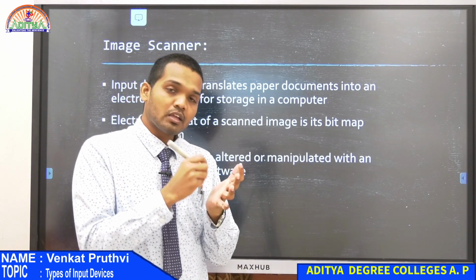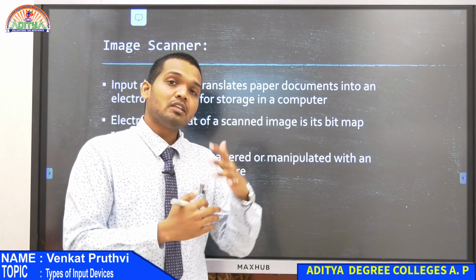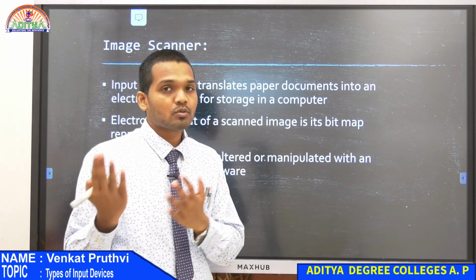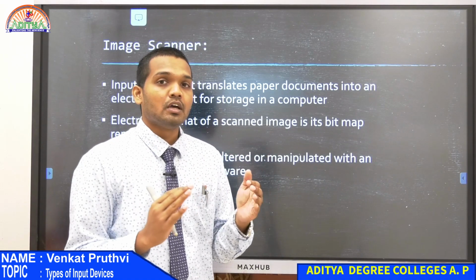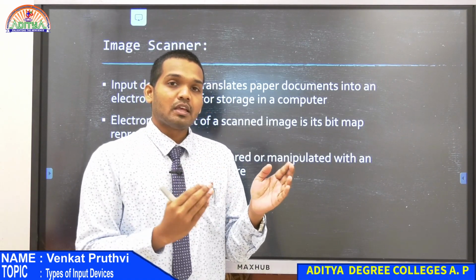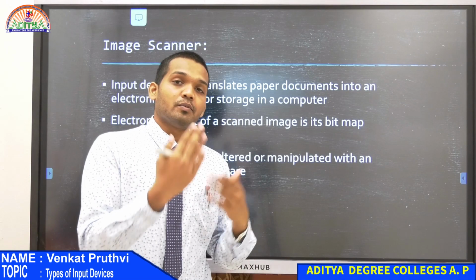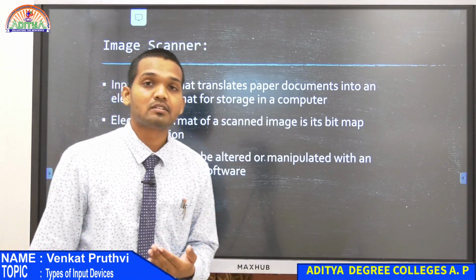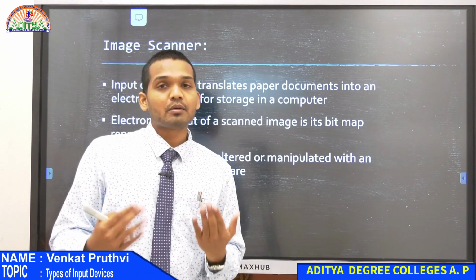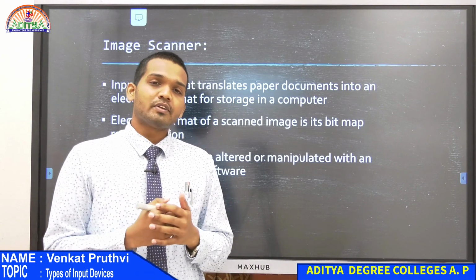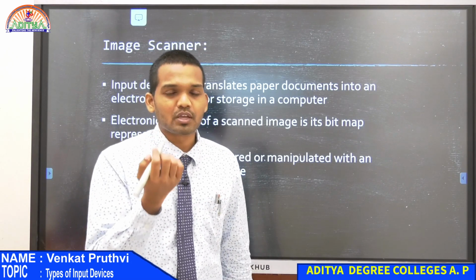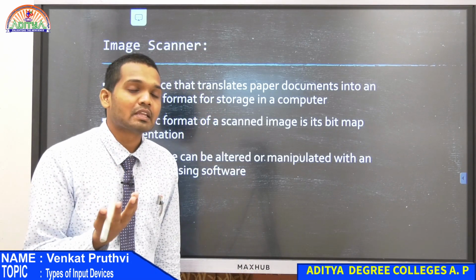Each pixel is stored in bits, and a group of 8 bits is equal to 1 byte, right? So these 8 bits of pixels are then stored into 1 byte. That way we generally have images in bytes, right? Kilobytes, megabytes, it all depends upon the quality and all. If it is very compressed or a very small image, it will be only 1 KB, 2 KB, 3 KB, or it will be 10 KB, like that.